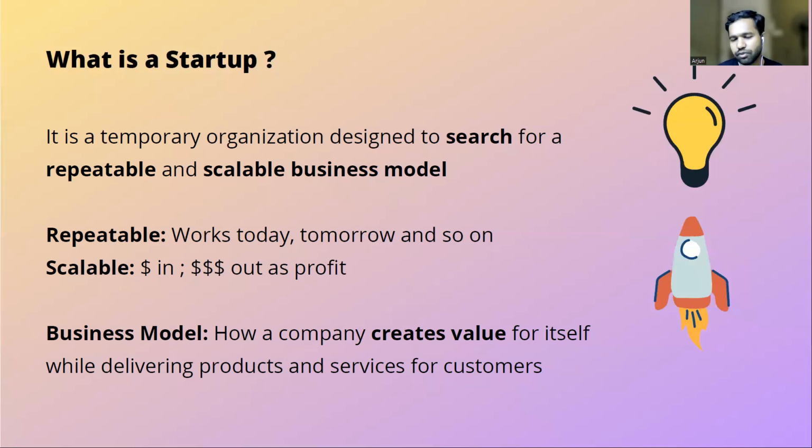So imagine if you are searching for a smartphone in Google, and the very moment you go to Facebook, you can immediately see a Samsung smartphone advertisement there. So if you just buy that phone from that link, it means you are being converted into a customer by this advertisement. So Facebook gets a share of money from Samsung for helping Samsung to sell their product to you. So this is how many e-commerce, many digital platforms work.